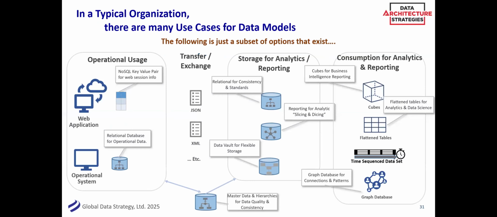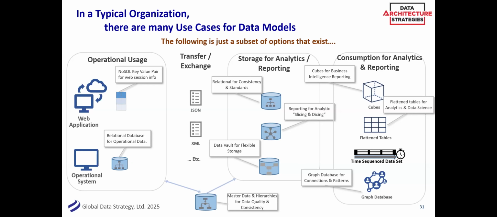This is a very ugly slide, but I threw it together because these are some common ones. You saw the previous diagrams with that left to right, where left is your operational, and as you transform to the right, you're transforming it into a storage and then a consumption for reporting, analytics, etc. So your relational database is still a good tried and true for a lot of your operational systems. It makes ACID transactions and things.